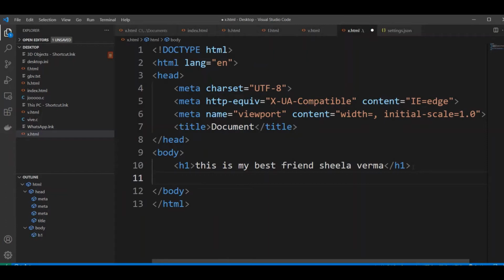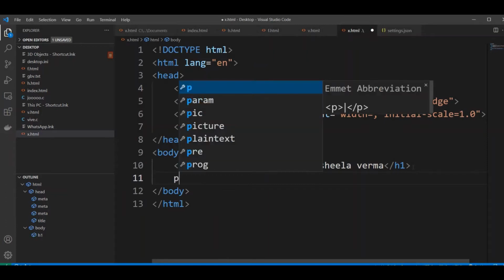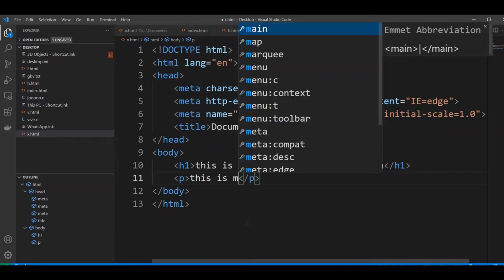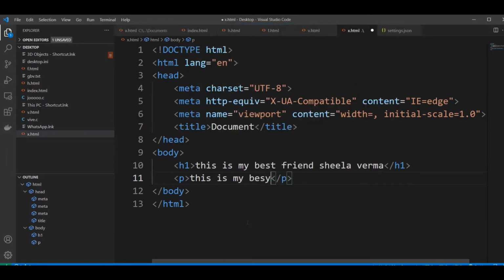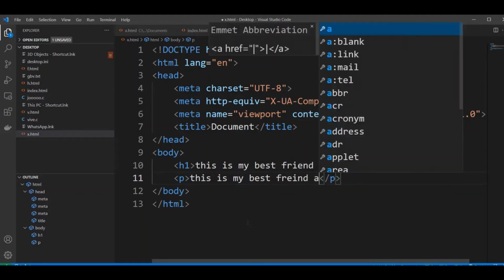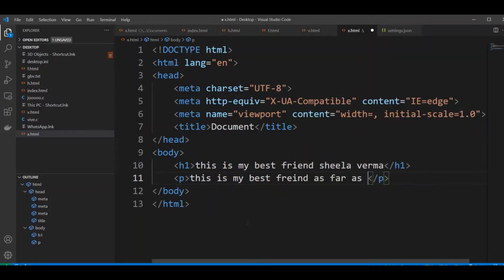Press P and select the P tag, and like this we will type in the paragraph, this is my best friend.